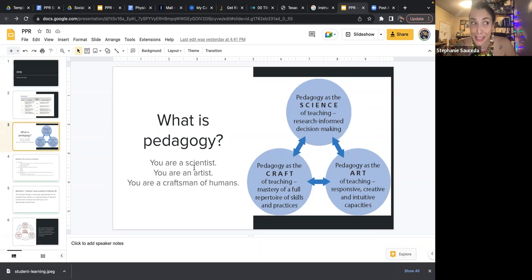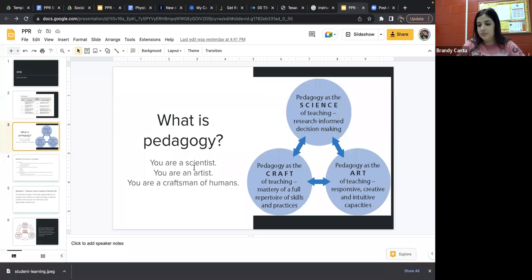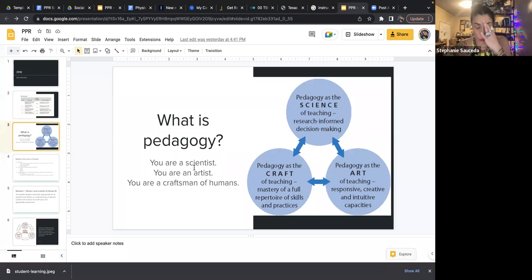And math is accessible to every human. It literally is the most common of languages. It's the same in every culture. It's the universal language, so everyone can access it. We just need different supports in order to do that. So our job is really difficult. Pedagogy is really difficult. That's why this exam is sort of challenging.